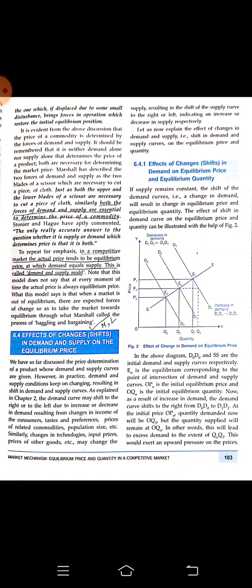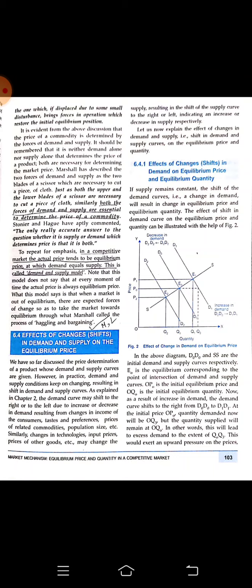So let us first consider that the equilibrium point is E0, and the demand is D0, and the supply curve where they're meeting is E0. So that is the equilibrium, and the price is OP0. Okay, so OP0 is the initial equilibrium price, and OQ0 is the initial equilibrium quantity. Now, as a result of an increase in demand, the demand curve shifts rightward from D0 to D1 at the initial price